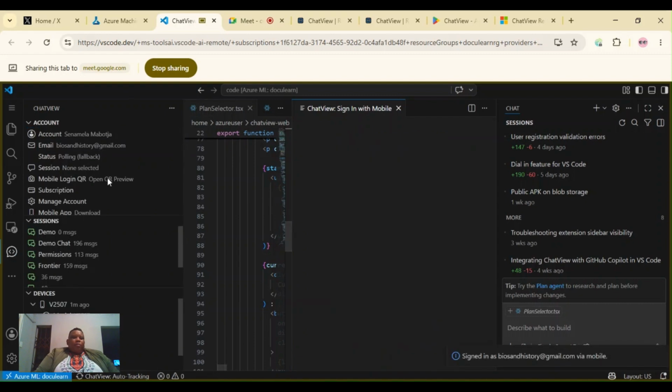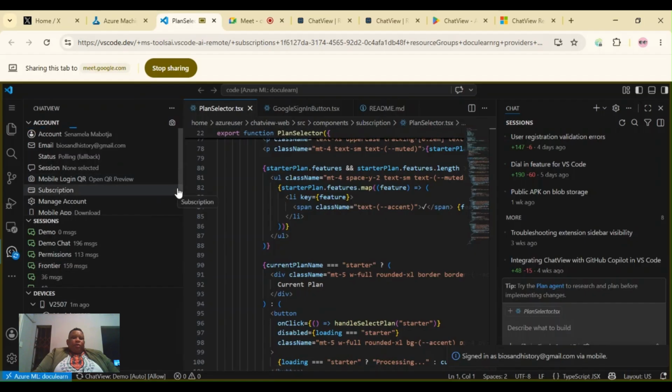So this is what I was talking about. This is what you don't get with your MCP server. It's like your whole web interface, but on the VS Code extension. So you have your sessions. As you can see, this is the demo session that I just created right now, and then you have your